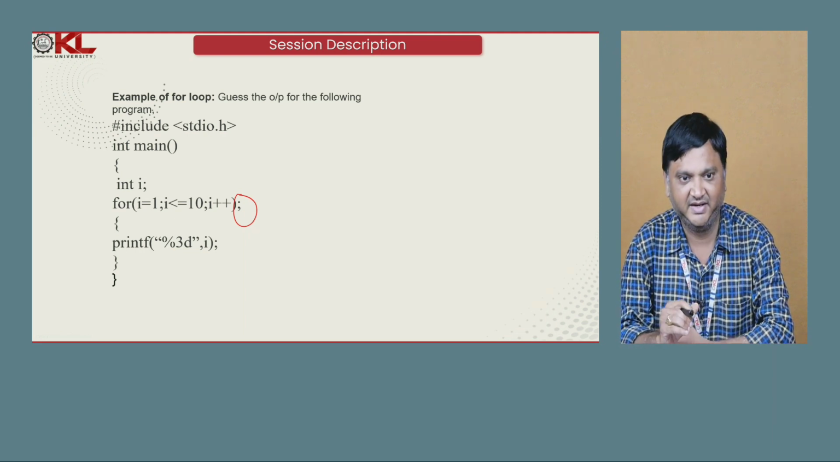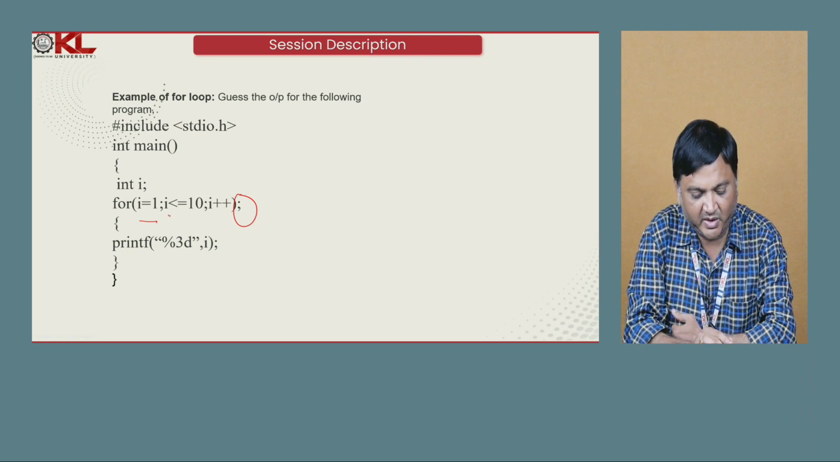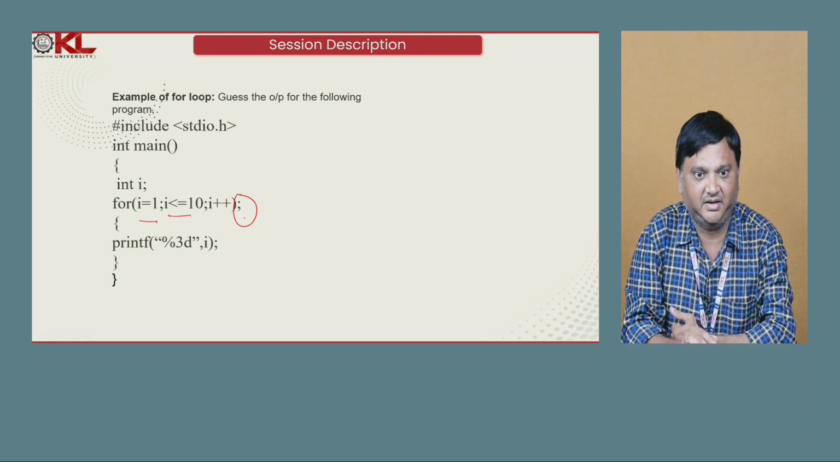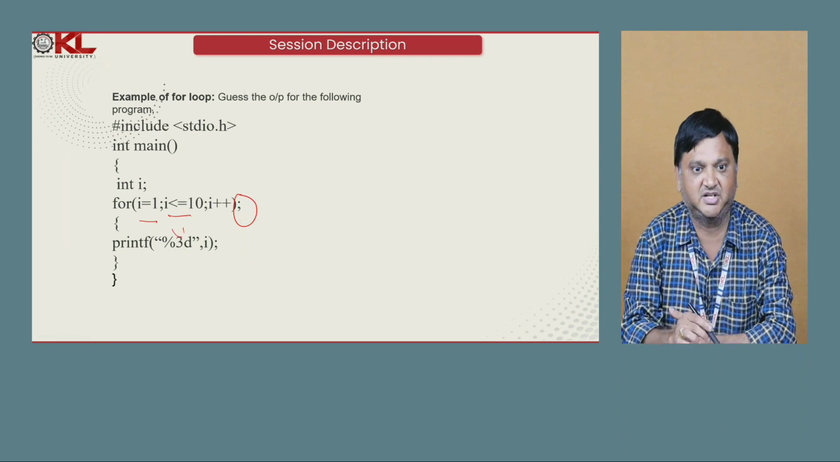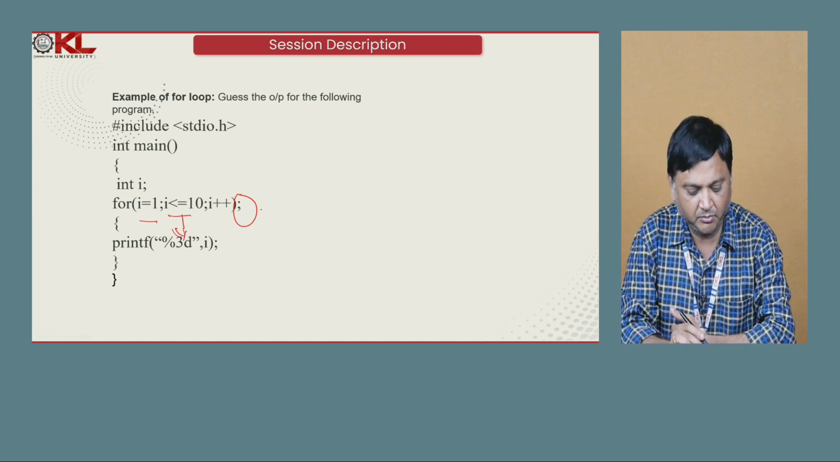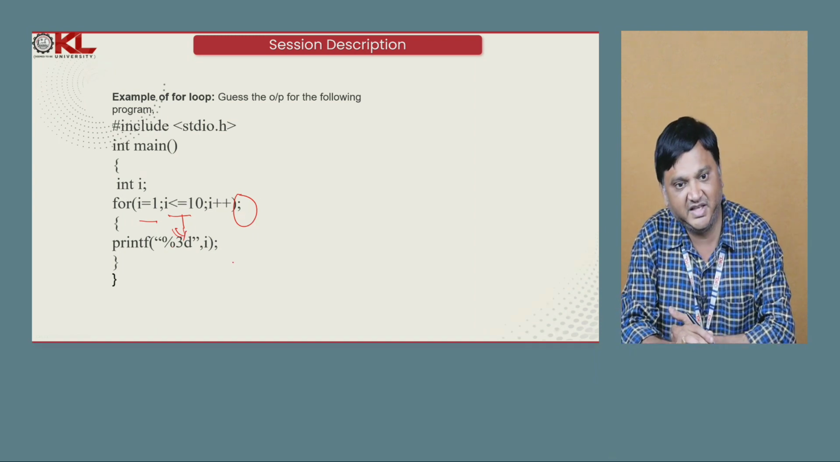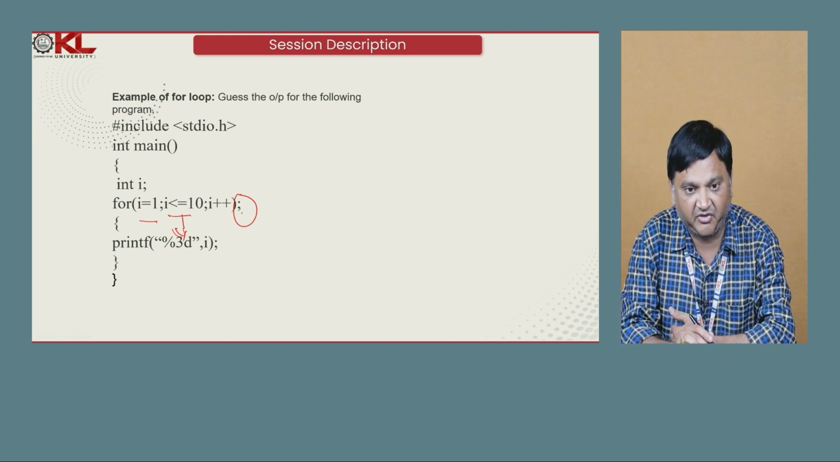It means that first we start with i equals 1. Is 1 less than or equal to 10? Yes. Since you kept a semicolon after the for loop, it won't go inside the body, my dear student. That is the important thing you have to understand. If you don't put a semicolon, it goes inside. But since you kept a semicolon at the end of the for loop,